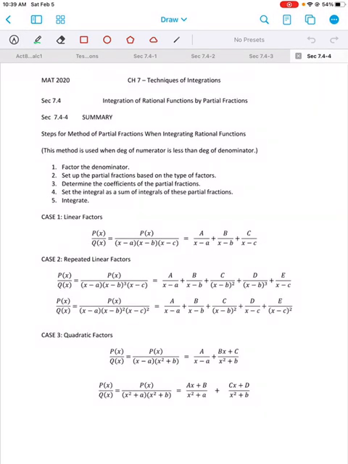Okay, so in this last video, I'm just going to summarize the concept of method of partial fractions. So remember, when do we use partial fractions? When our integrand, or the expression that we have to integrate, is in the form of a rational function or rational expression where the degree of the numerator is smaller than the degree of the denominator,